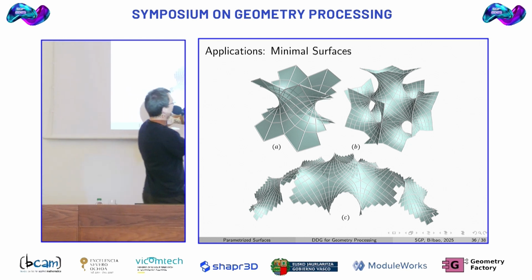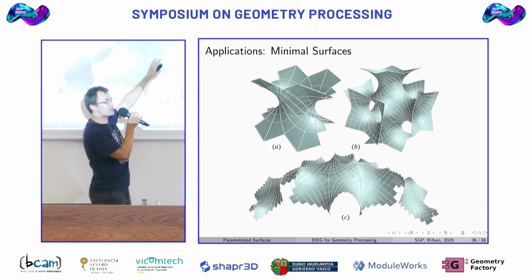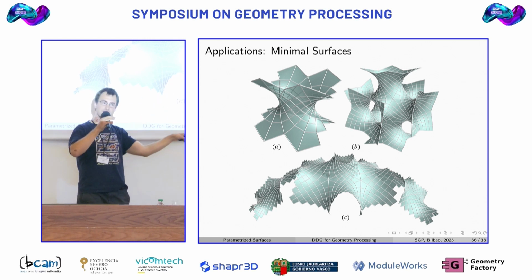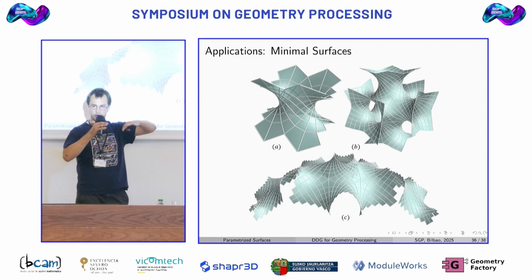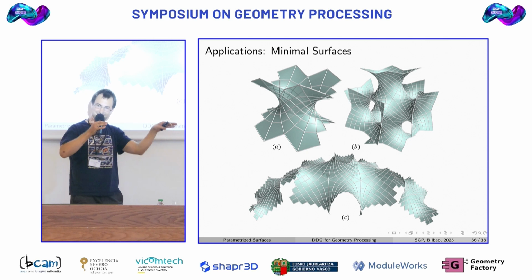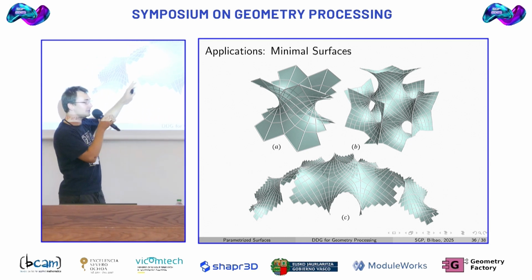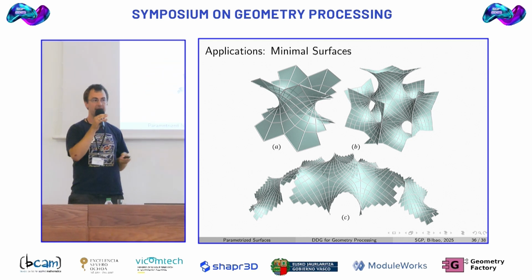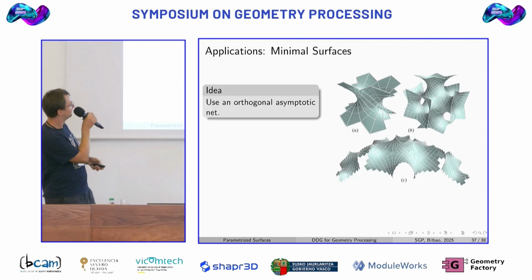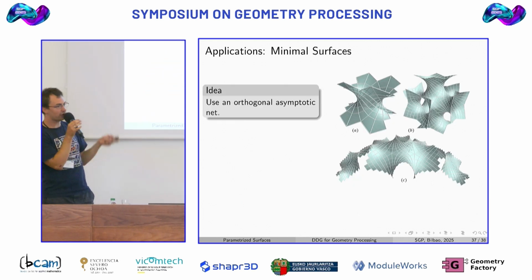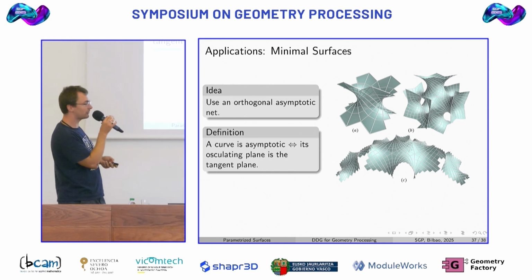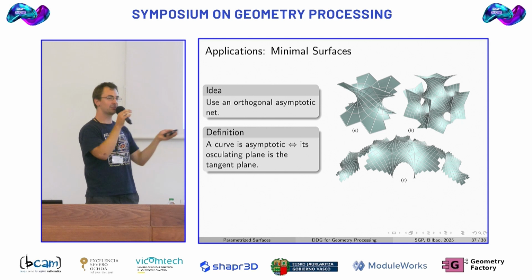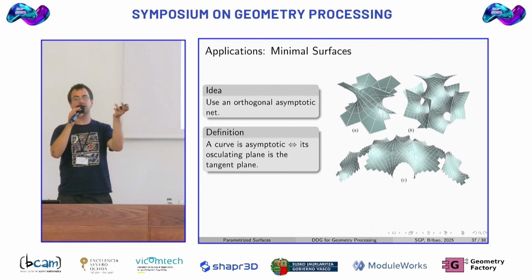Briefly, what is an asymptotic curve? You have an osculating plane, the plane in which the osculating circle lies, in which the curve curves. And if this osculating plane coincides with the tangent plane at every point, then the curve is an asymptotic curve. Okay, and orthogonal asymptotic curves can only exist on minimal surfaces, being the surfaces that locally minimize the